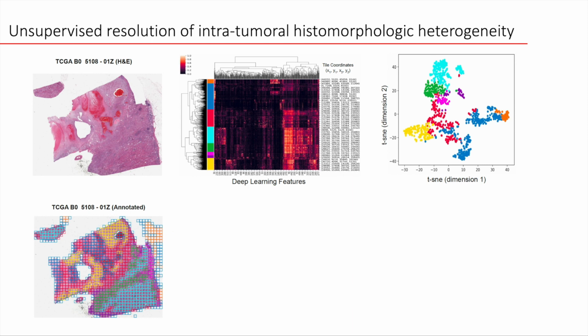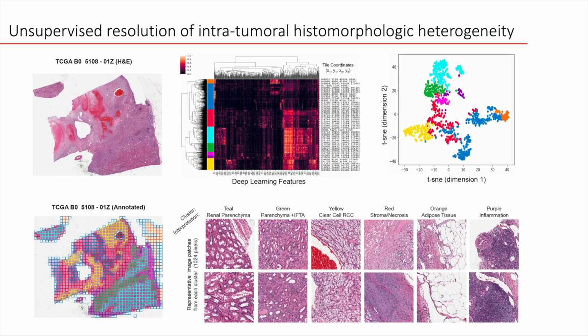So once we generate these subgroups, we can now plot them onto the slide. The null hypothesis is that this is all gibberish and that these subgroups would be randomly distributed throughout the image. But as you can see, there are in fact specific areas of the slide that are enriched for one particular subgroup over the other. So the alternative hypothesis is that it is in fact detecting a meaningful intra-tissue heterogeneity in a relatively unsupervised way. So we can actually go in and ask pathologists what they think these regions represent,